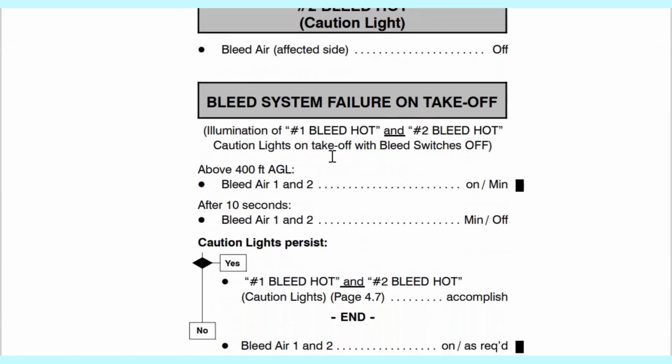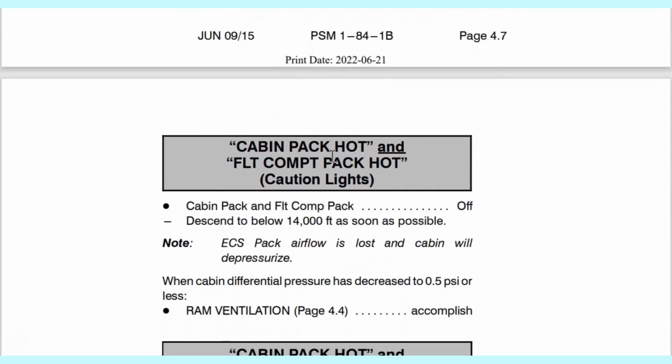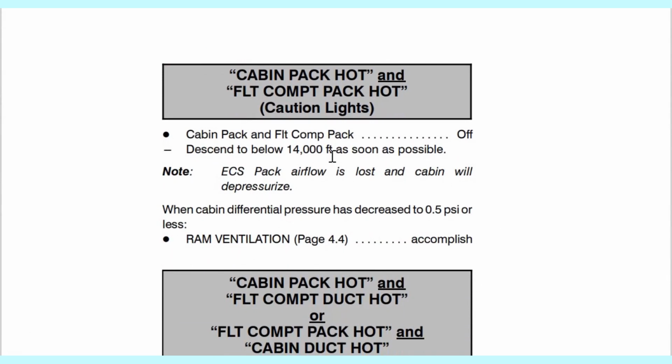You can reject, that's the first decision, or you can go in the air until MSA, because you know that if anything, I've got to go below 14,000 feet for this fault to be verified. You can take off, go to MSA, and go for these checklists. Do what they tell you to do. And if these lights go off, all good and well. You will continue and seek maintenance advice.